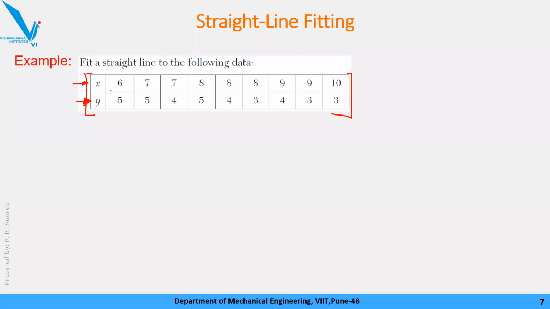Okay, and we have been asked to fit a straight line for the given data. मतलब हमें क्या कैलकुलेट करना है, a0 and a1 for the function of straight line y equal to a0 plus a1 x. Okay, so कैसे फाइंड करेंगे?